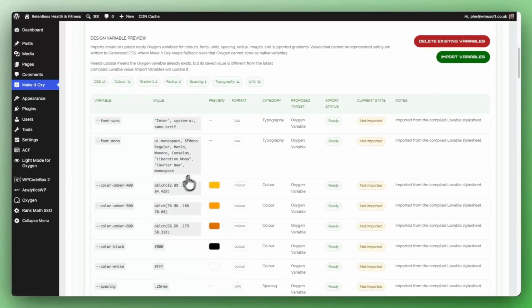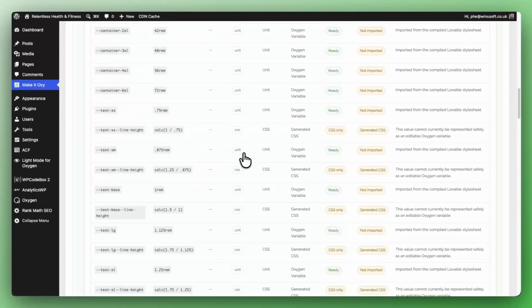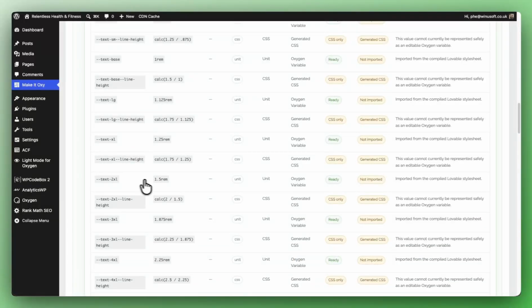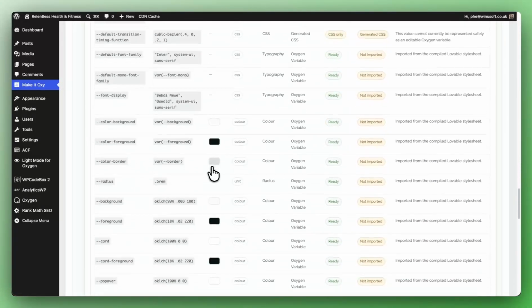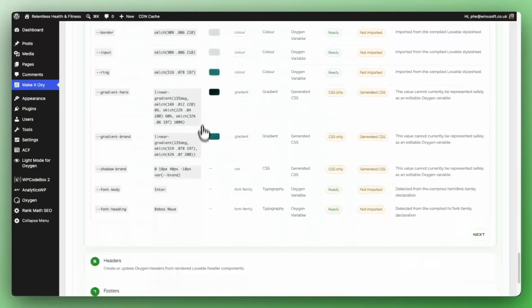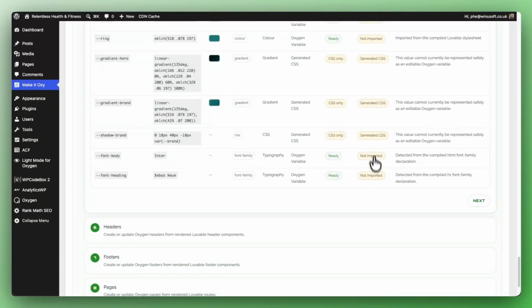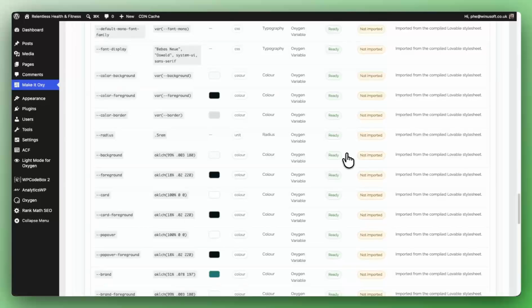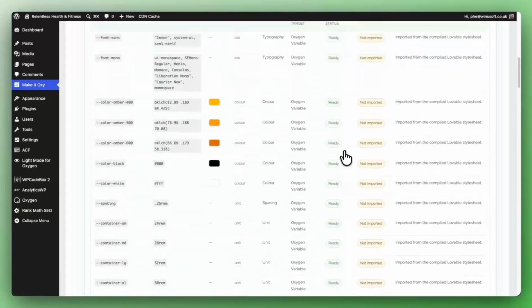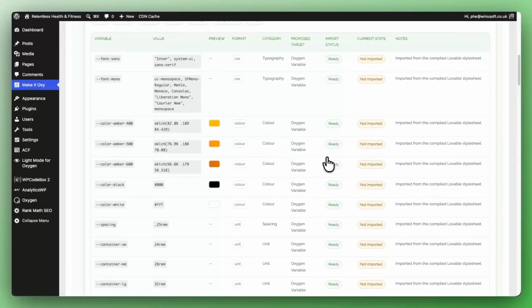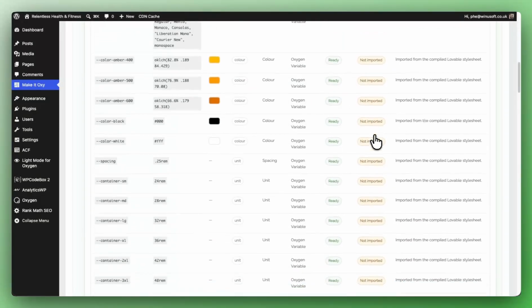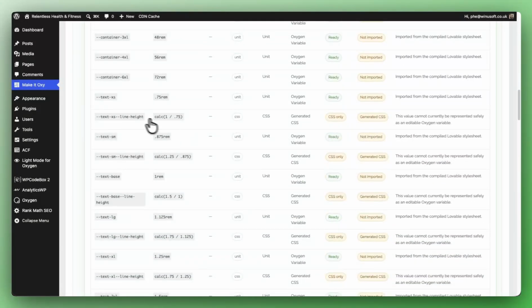So if I come down here again, these are the variables that it's picked up on from the Lovable site. So most of these are sizes, but down here I expect that we should also have some colours. Yeah, so down here we've got all of the colours. And then in these columns, if I scroll back to the top a second, anything that says ready can be imported directly into Oxygen. This current status is that it hasn't been imported. And then down here,